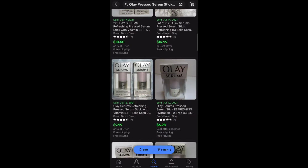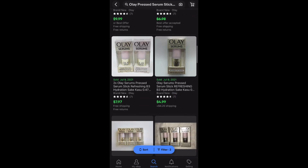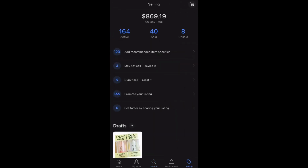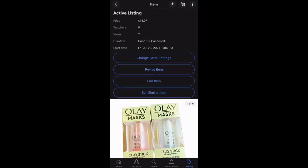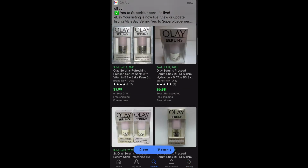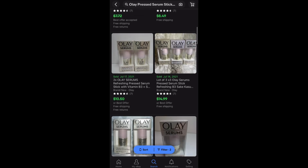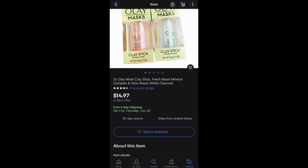It looks like these items are selling very well in lots of two, which I do have. I'm just going to show you briefly. I just listed this item today. It's a lot of two. Maybe I can bring the price down a little bit because they are selling for about $10, $10.50. So I may drop the price just a bit, but again, I do offer,